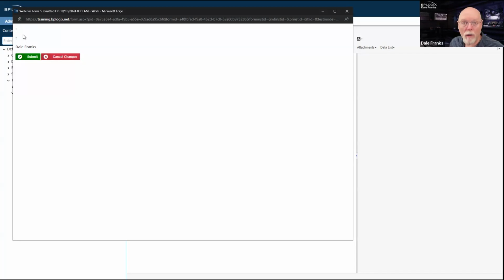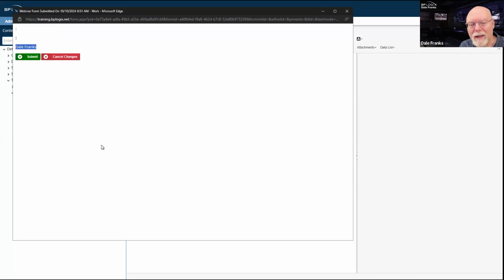And so it will show up, but there won't be any values because I'm out of context, which is another important thing to remember whenever you're using system variables. When my form runs, is my system variable going to be in context or out of context? In this case, it's not in context because I haven't submitted the form. Until I submit the form, I'm not running any activity. And also, I don't have any task instructions because I just looked at that activity and didn't add any task instructions. So I'm never going to have task instructions.